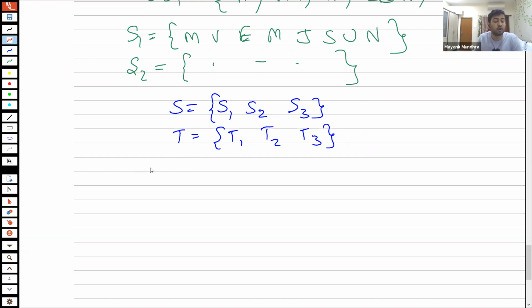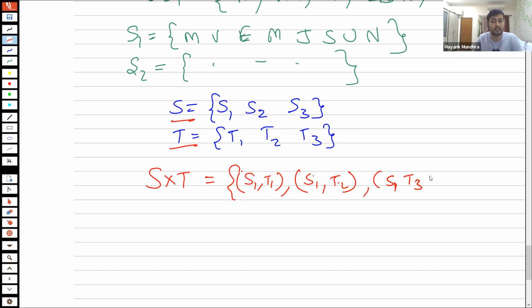So the set of all combinations I can wear is S cross T, which is basically all values where the first element comes from this set and the second element comes from this set. So it could be S1, comma T1, or it could be S1, comma T2, or it could be S1, comma T3,